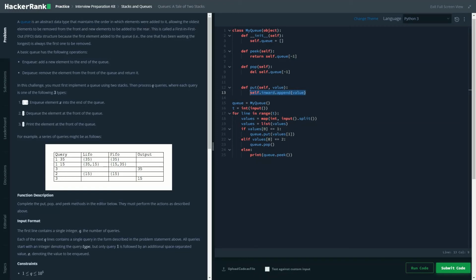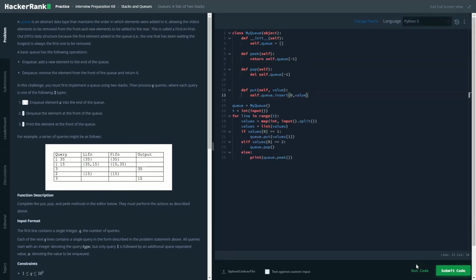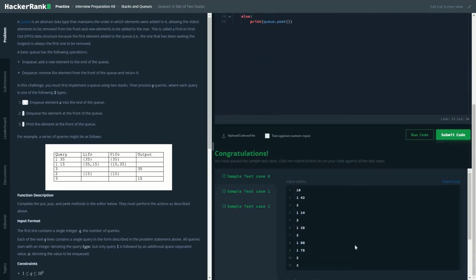So self.queue.insert. Using insert, you'll be able to give an index where you want to insert the element, so 0, value. So these four lines would be enough to solve our problem.